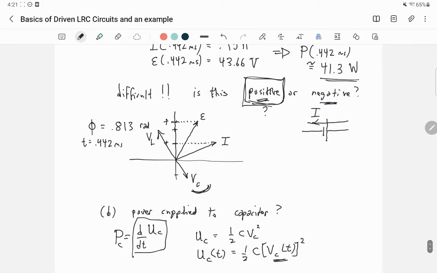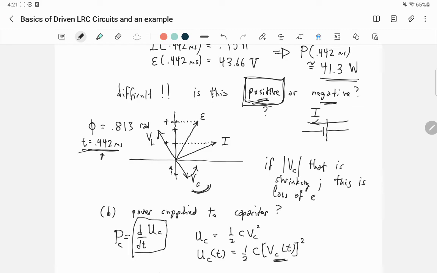If you just look at the capacitor, remember that these things are going to be sweeping in time counterclockwise, which means that as time goes forward, actually this is the picture at the time in question. Can you see that at this time, this voltage is actually shrinking? The voltage across the capacitor is shrinking. If V sub C has a magnitude that is shrinking,